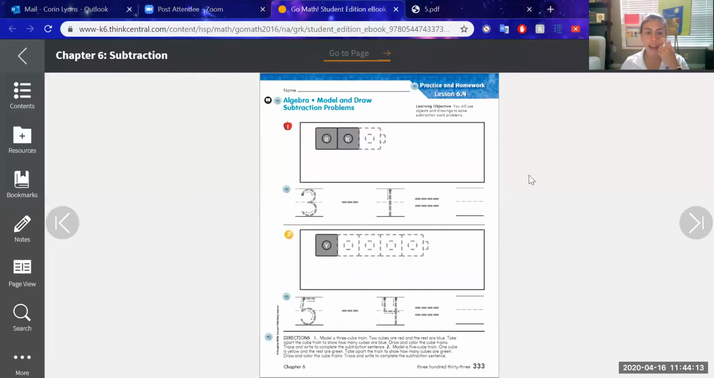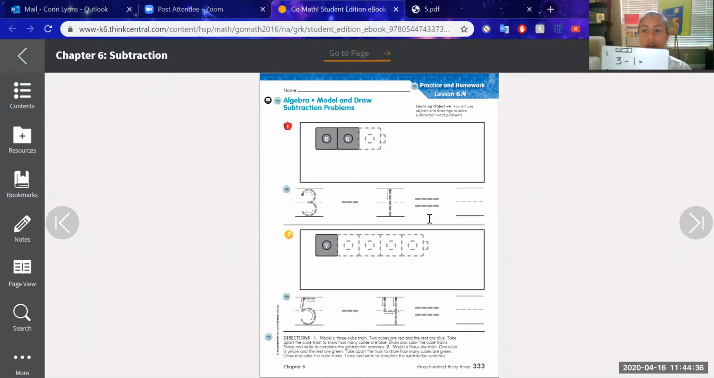So on your paper now, you should have the number 3 written. Let's read the rest of the problem. 3, what is this sign called again? Oh yeah, minus sign. What does minus mean? To take away. So 3 minus 1 equals,